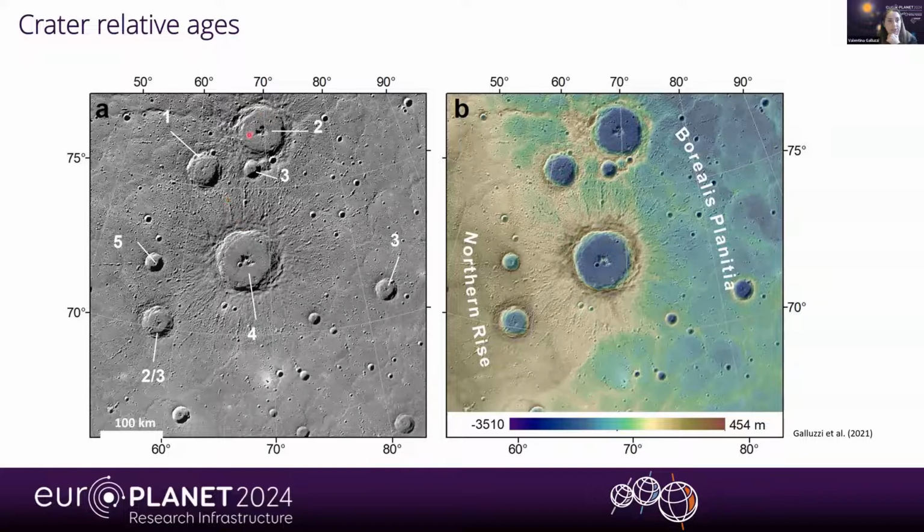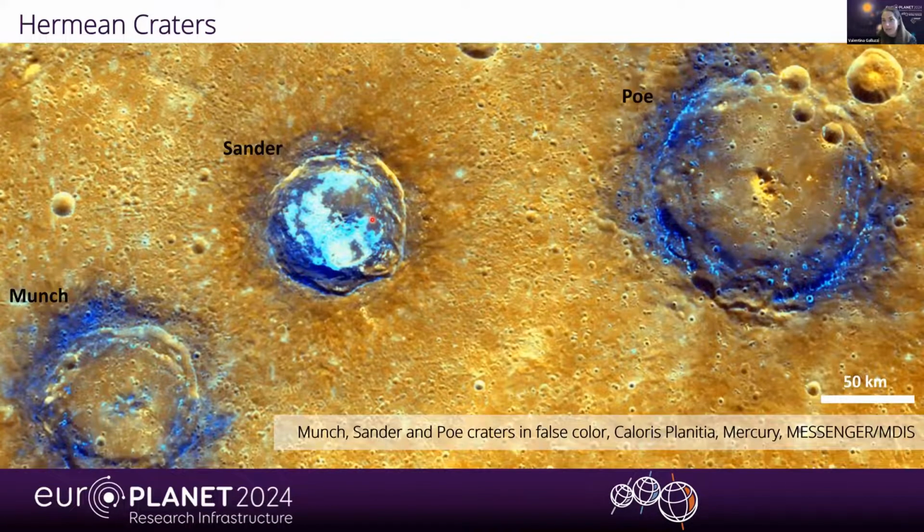And this crater here is probably younger than this crater because its ejecta blanket is over this crater, but at the same time it is older than this crater because the morphology is a bit rougher. So we can assess a relative age of craters and select their units based on their morphology and on the topography. But if we look again at the colors,